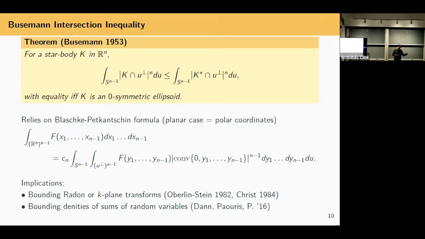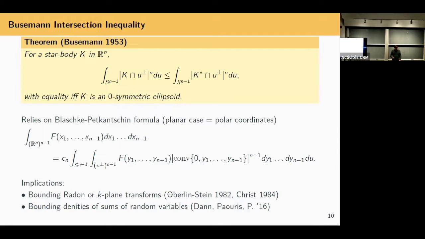Even this can be relaxed a bit, but for example, I don't need convex sets. And what it says now is if I take this set K and I take not projections on one codimensional subspaces, but sections, I raise this now to take the n-1 volume raised to the power n. Then if I want to maximize this quantity, I can't do any better than balls. Okay, a ball of the same volume. So it looks formally very similar to the Petty projection inequality, but there's a different operation, a different class of sets. I trade projections for sections and the powers are different.